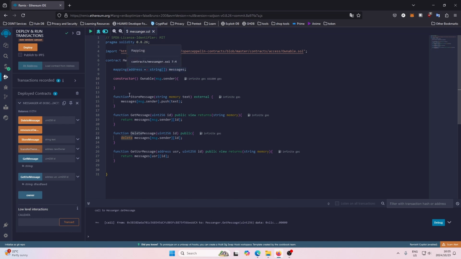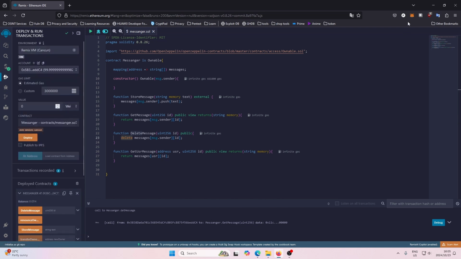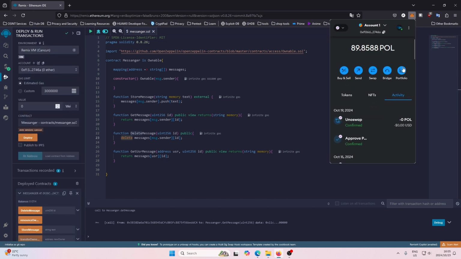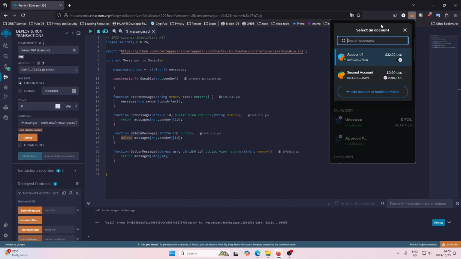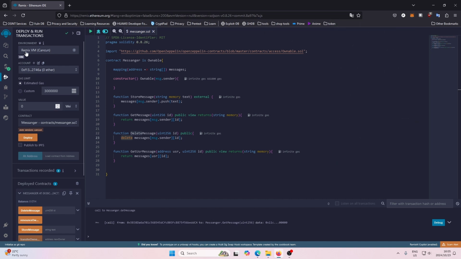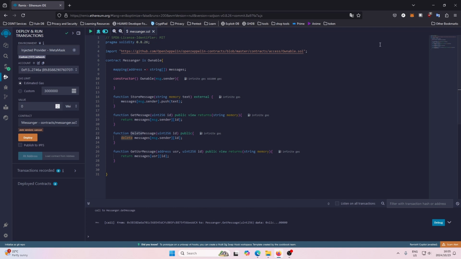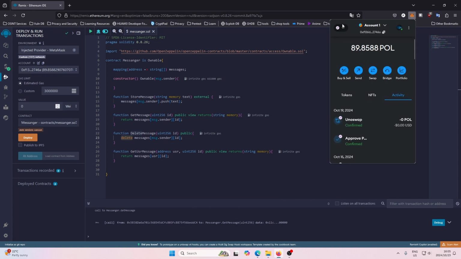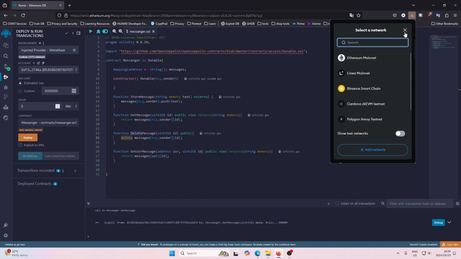And that's how you get messages from other users and delete messages that are stored in a mapping. So next I'll just show you how to deploy this contract to an actual blockchain. So to do this we need to sign into our MetaMask, and you need to make sure that you're on the account that you want to use. And up here under environment we want to choose injected provider. So you should see injected provider MetaMask, and you should get the network ID here. So just make sure you're on the right network. I'm on the Polygon network,